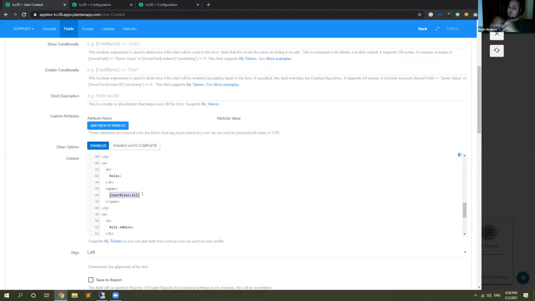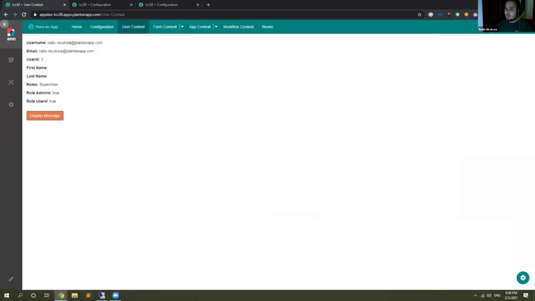So this is grabbing my information from the global context. I have access to me as a user logged in to the system wherever I need to. Also, we have a very important token, the has role one, where you can specify an individual role, and it's going to return true or false depending on whether you have the role. In my situation, I'm an admin and I'm a user as well, and I'm a super user, and the super user has all the roles. In any case, what I wanted to show you is that I could use